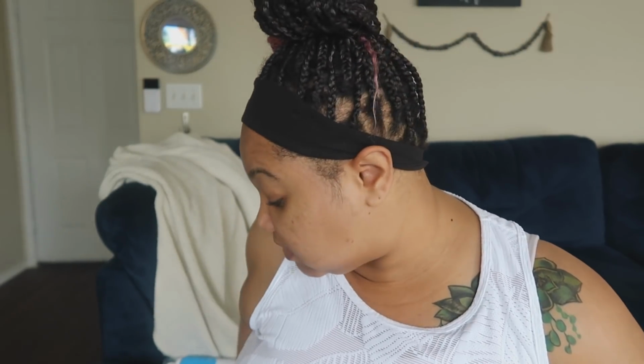So I hope that was helpful if you're a girl that wears protective styles or has natural hair and you're like, what do I do after the gym? I cannot wash my hair every day, every 2 days. It's not necessarily good for my hair. My hair doesn't like to be washed that often. So this waterless stuff, especially the foam, has been amazing for me, and it doesn't dry out my scalp or